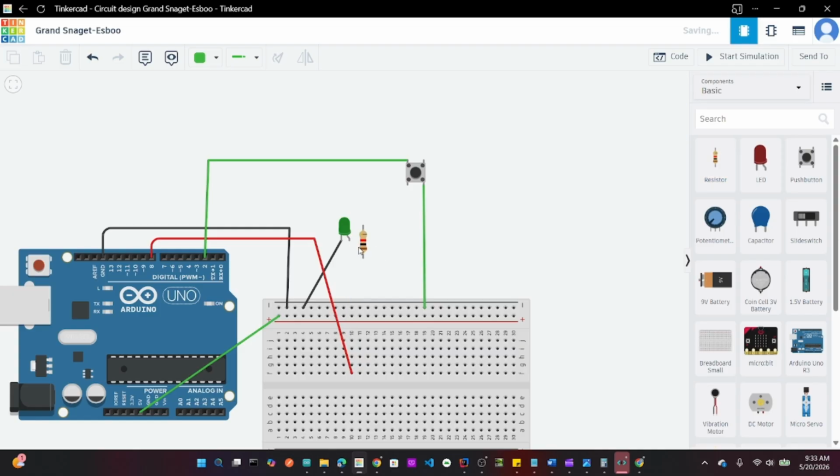Once we pick this resistor and add it in here, we now do the simulation. Once I press, you see that the warning is gone, because we are now controlling the voltage that is going through